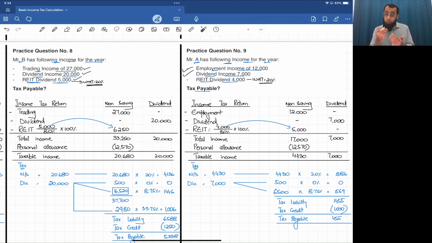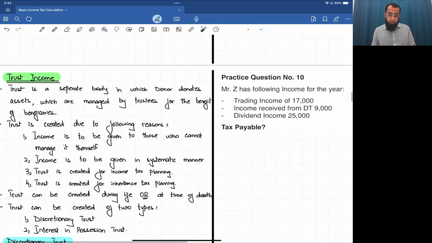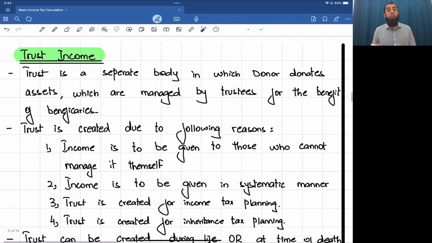Now, let's introduce one more income. We are picking up the new concepts, we discuss them, we apply them in the practice questions so that the concept gets cleared. Now, the next income which we are looking at is the trust income. What the trust income is, how it is taxed, what is a trust, let's look at that. Just like the real estate investment trust, just like dividend income, just like the normal concept of non-saving, now we'll look at the trust concept. We'll be looking at its taxation, and we'll be doing a few practice questions in this regard also,